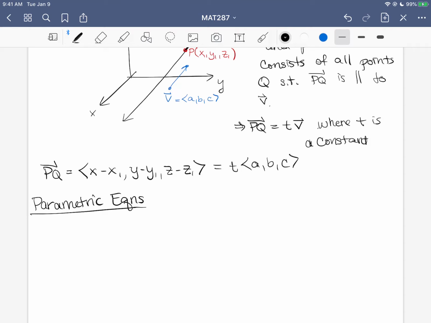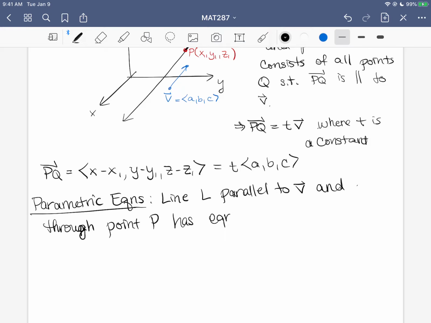And now that we're in Calc 3, we also need a formula for z in terms of t. So the line L parallel to V and through point P